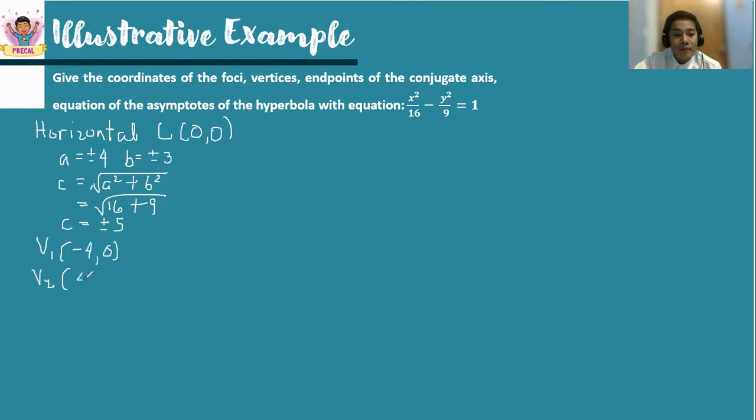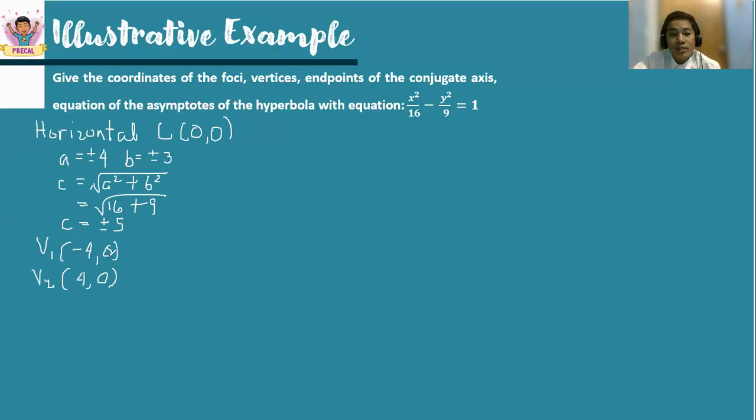Then we have 4, 0. A lot of people are asking me if it's okay if they interchange. So Sir Peter is just forming a pattern. So usually I write the negative first and then the positive. But you could interchange the vertices, whether you want it to be positive first or negative, for as long as